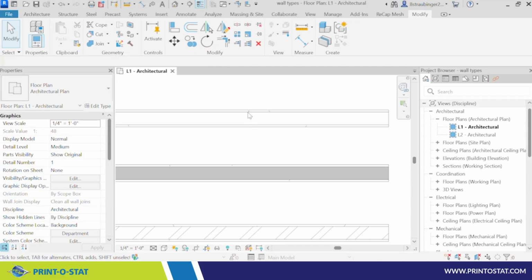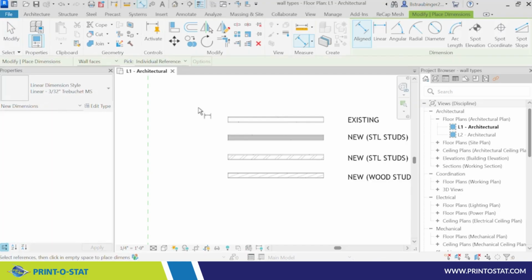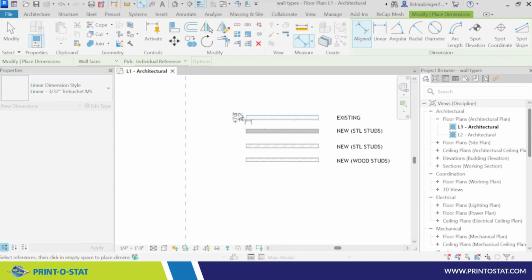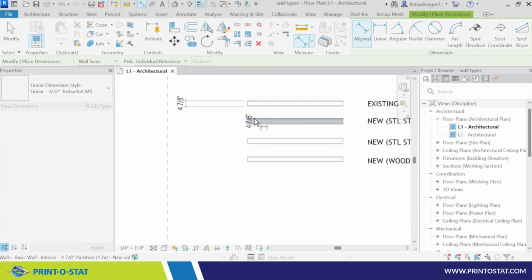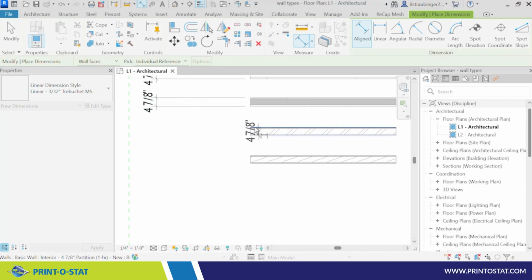You have drywall both sides. Let me show you this. I'm going to do this. 4 7/8. This should be the same. This should be the same. This should be a little different. Maybe I didn't mess around with it. 4 1/2. Okay. So